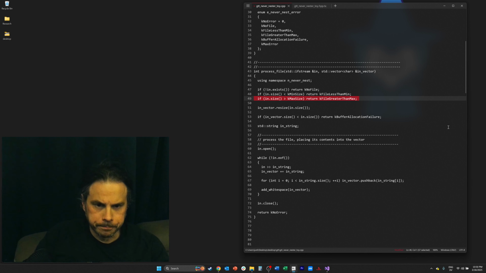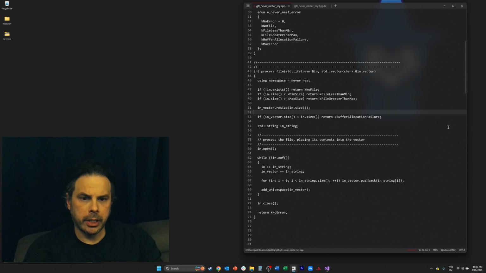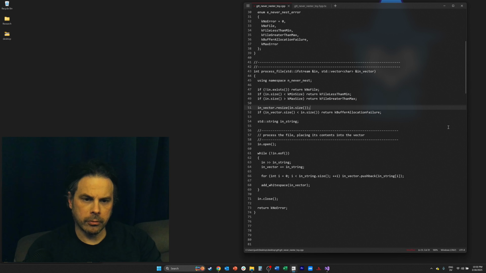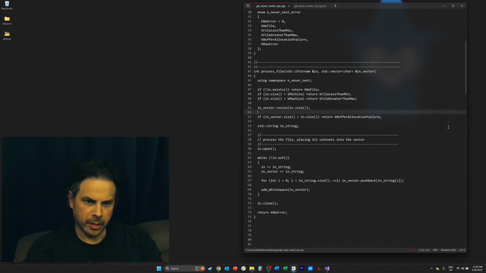If the vector, I always get hung up on whether this should be together like this. I kind of feel like operations should be separated from control expressions, control structures. But anyway,